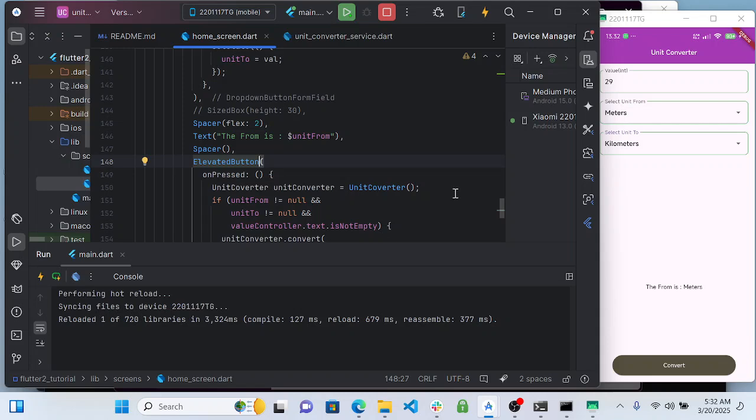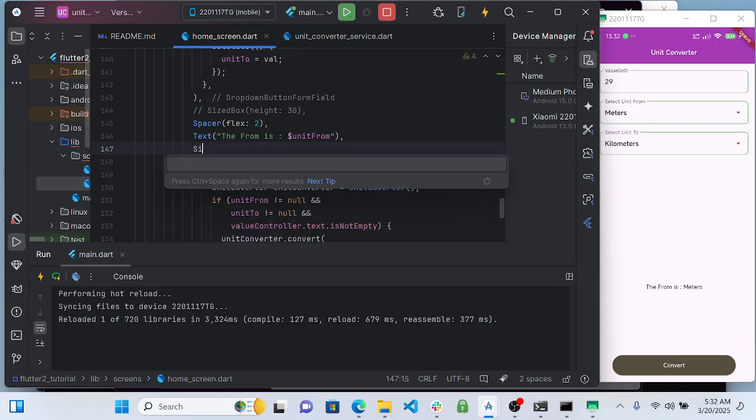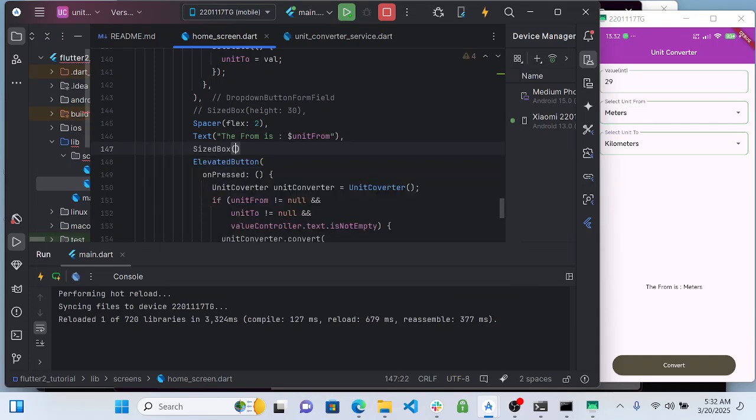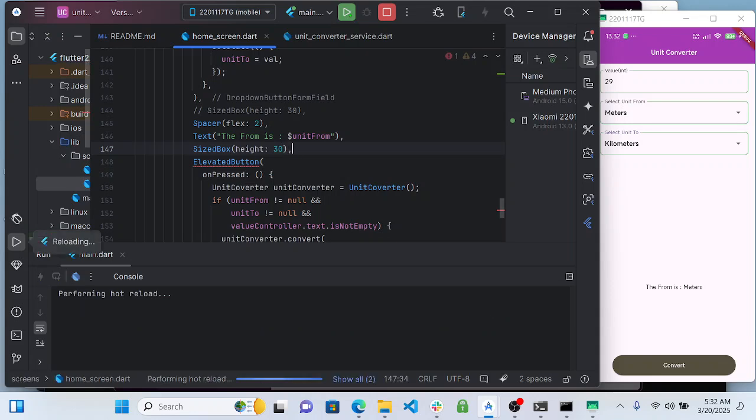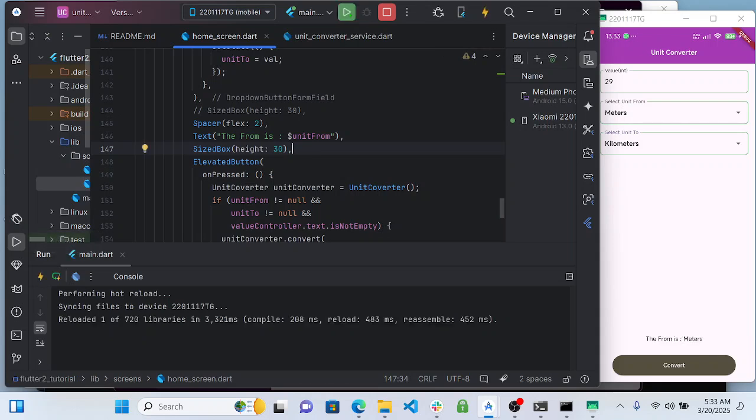Is that clear? If you don't want to give it a flex, you can also give it a height. You can just use SizedBox and declare a height of, let's say, let's use 30 here, to push it to the bottom and give it a space of 30 height. So now let's say the value,